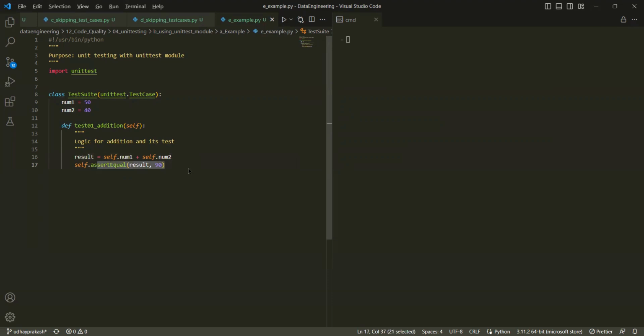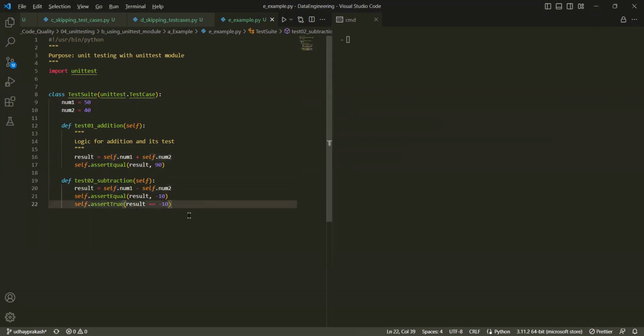I'm checking that. Similarly, one more test case, test 2 subtraction, on the same numbers: self dot number 1 minus self dot number 2. Both things I am doing, it is checking. Till now, assertEqual is the only thing I told you. You give one value and the other value, and it checks whether both are equal or not. If you want to do any conditions, say tomorrow you want not equal to, or multiple conditions